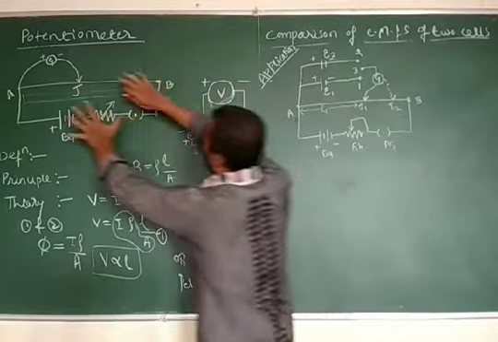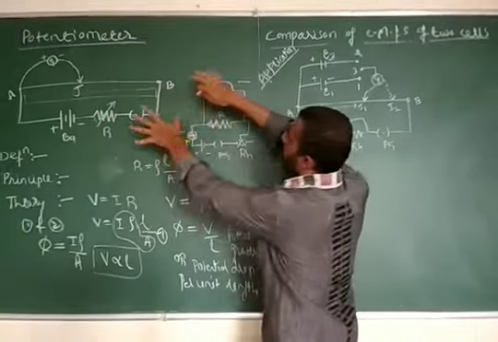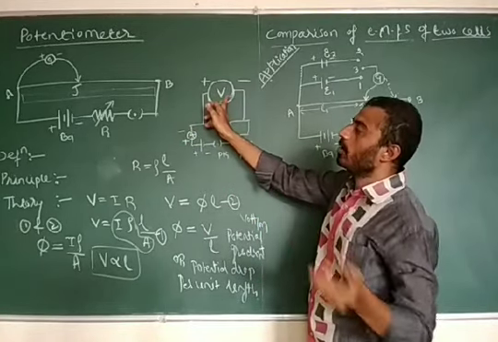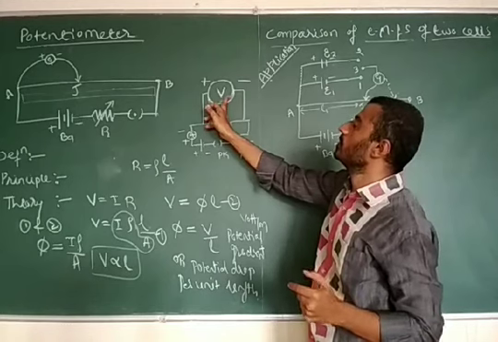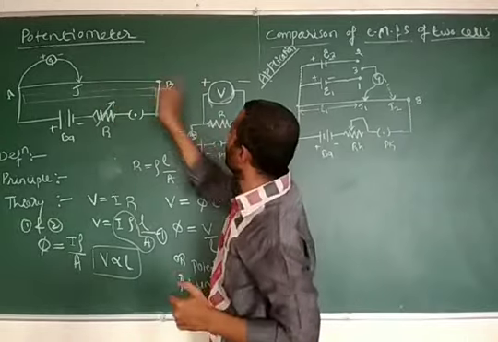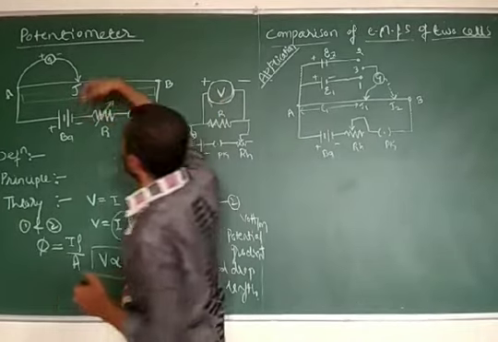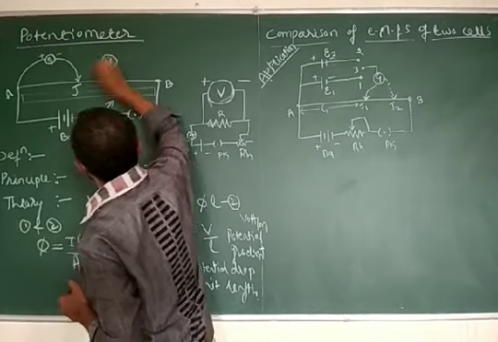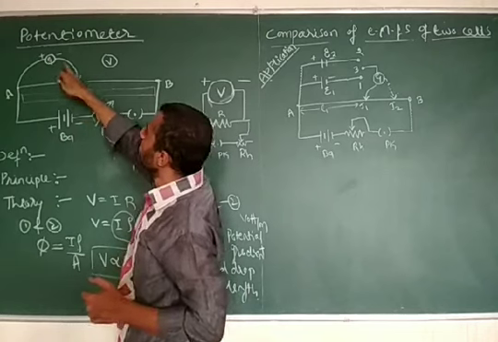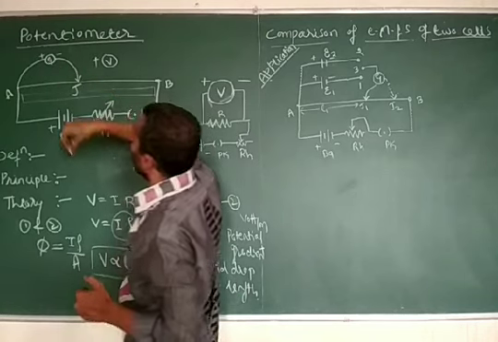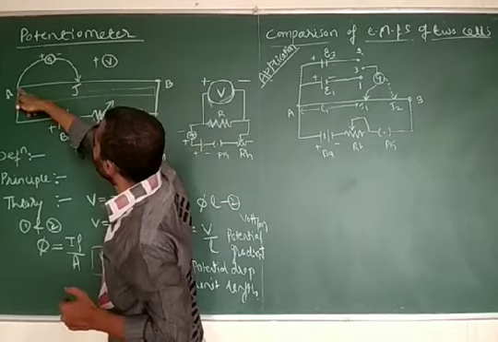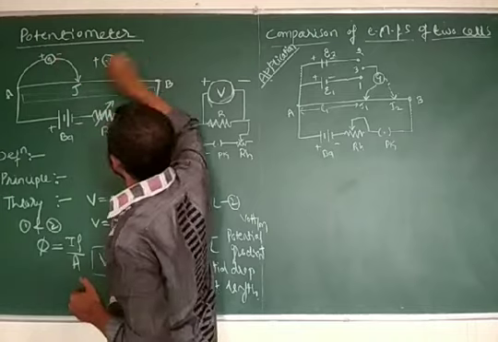And this entire arrangement of a potentiometer, whatever it does, the same will be done by the voltmeter. I told you the advantage and disadvantage of this potentiometer. Here you can compare this potentiometer with the voltmeter. This entire arrangement can be understood like a voltmeter. At the end, a galvanometer is connected. From this galvanometer, you can have one positive wire and another negative wire that you can connect.